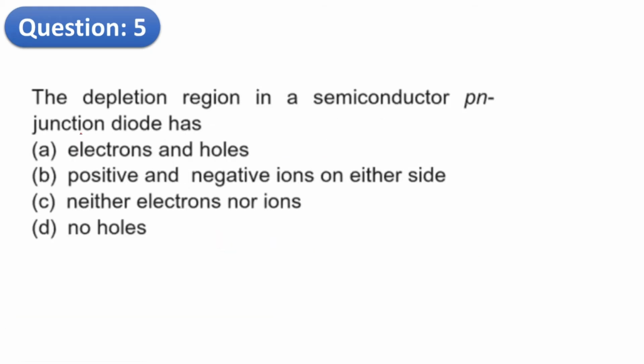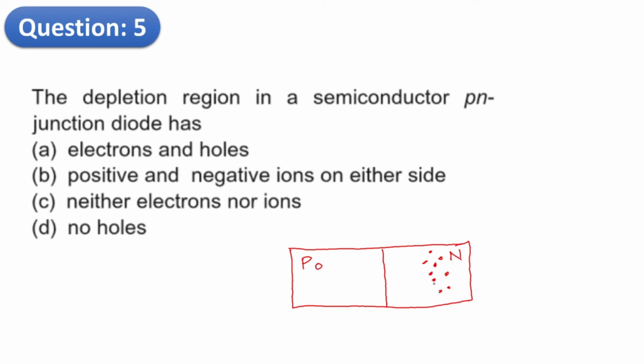Okay, now question number 5. The depletion region in a semiconductor PN junction diode has, okay, so we have a PN junction diode like this. Okay, this is the P side, this is the junction and this is the N side. Okay, so जो N टाइप सेमीकंडक्टर होगा उसमें जो मेजॉरिटी चार्ज कैरियर्स होंगे इलेक्ट्रॉन्स होंगे, ठीक है, और जो माइनॉरिटी चार्ज कैरियर्स होंगे वो होल्स होंगे. और फॉर P टाइप सेमीकंडक्टर मेजॉरिटी चार्ज कैरियर्स आर होल्स, ओके, एंड माइनॉरिटी चार्ज कैरियर्स आर